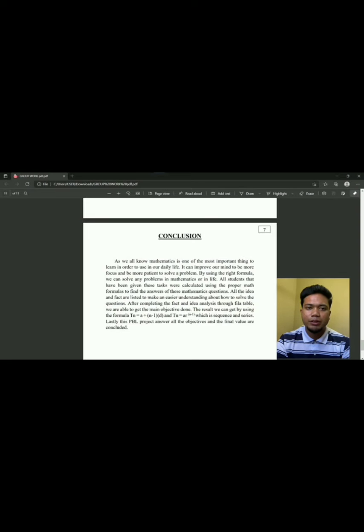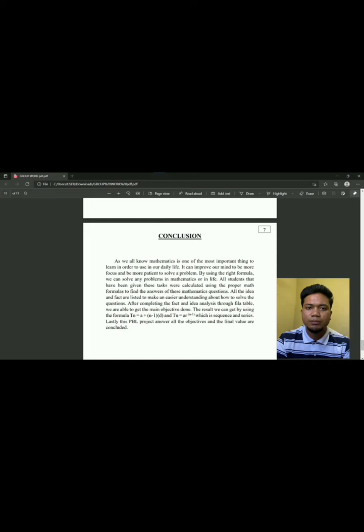As we all know, mathematics is one of the most important things to learn in order to use in our daily life. It can improve our mind to be more focused and more patient to solve a problem. By using the right formula, we can solve any problems in mathematics or in life. All students that have been given this task will calculate using the proper math formulas to find the answer to these mathematical questions. All the ideas and facts are listed to make it easier to understand how to solve